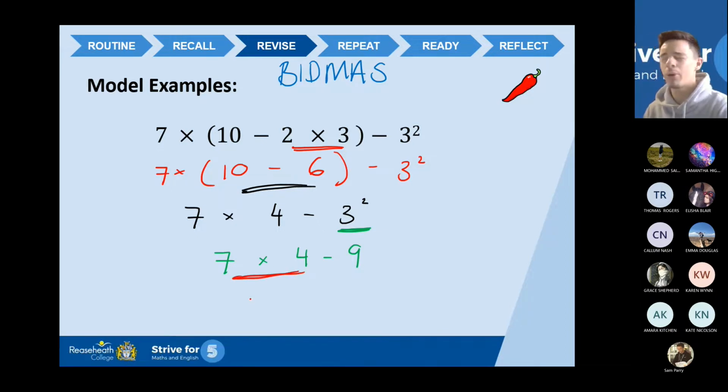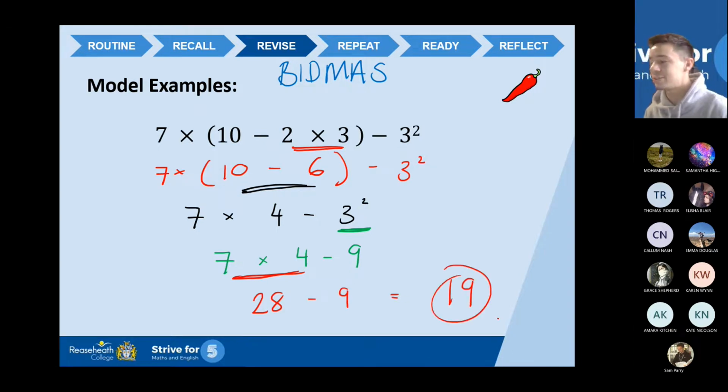So 7 times 4. Oh my word, I've gone blank there. 28. There we go. Oh, that would have been embarrassing. 7 times 4 is 28. Take away 9. Will that leave me with 19? Oh. You can see though, every step down I make through that BIDMAS, it's getting shorter and shorter,